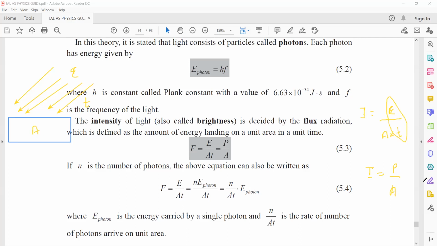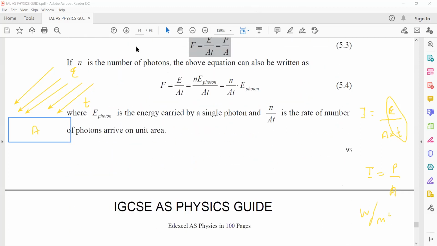So the unit of intensity, the unit of power, is watt, and the unit of area is meter square. So it is watt per meter square. If you want to calculate how many photons are coming on unit area, it is power divided by the energy of one photon. So the formula to calculate the number of photons on unit area is the total power